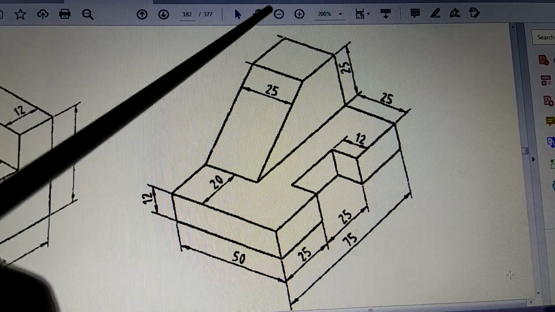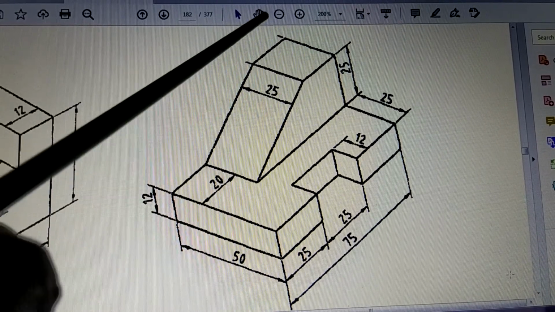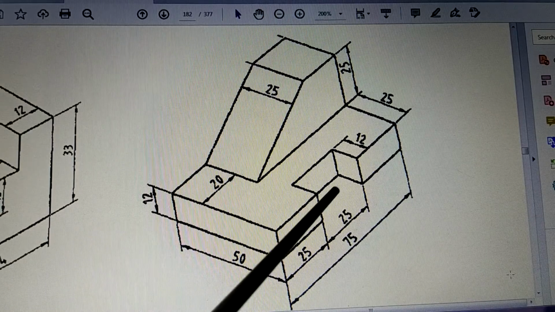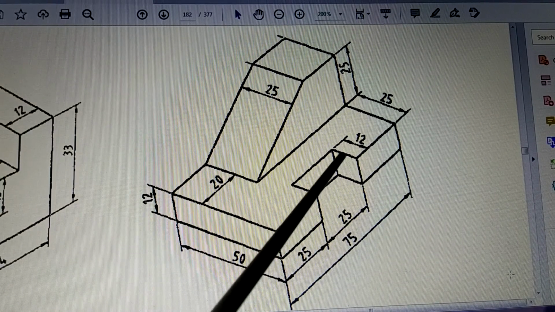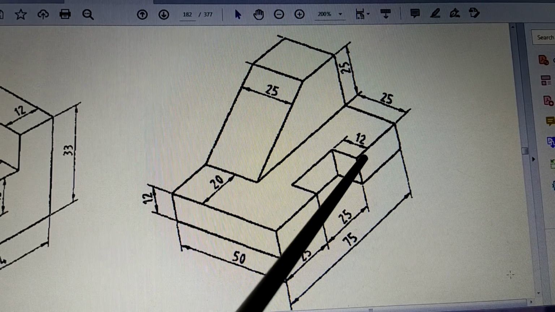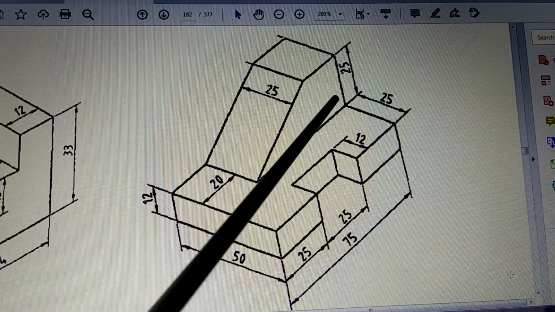Now the next thing is the top view. So see from above downwards and see what you have to observe. So you will find on the right side this kind of a shape that will be seen in the top view. So this shape, now what will be the shape here?